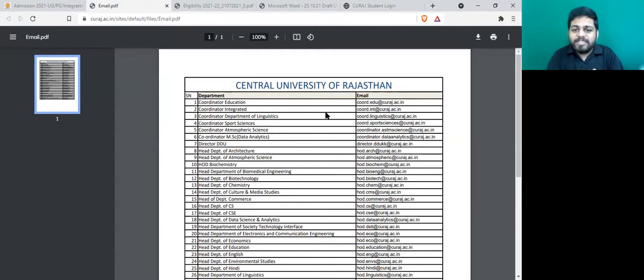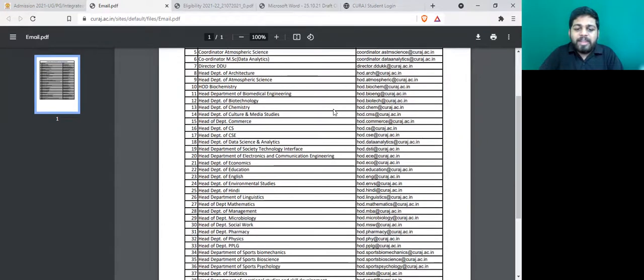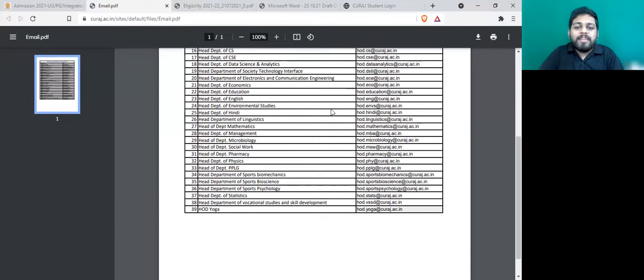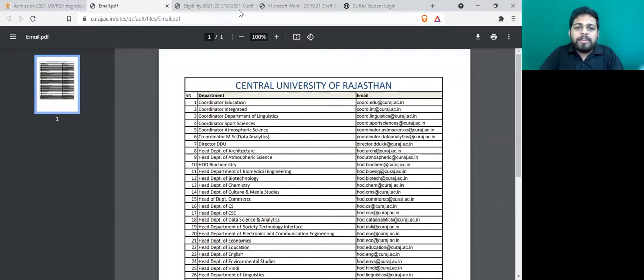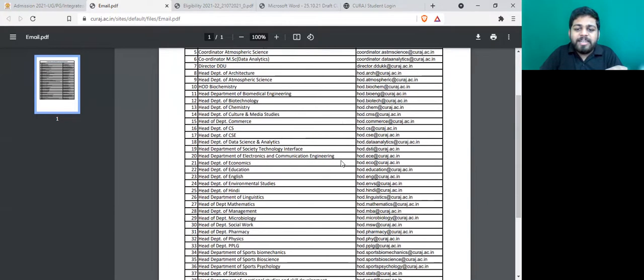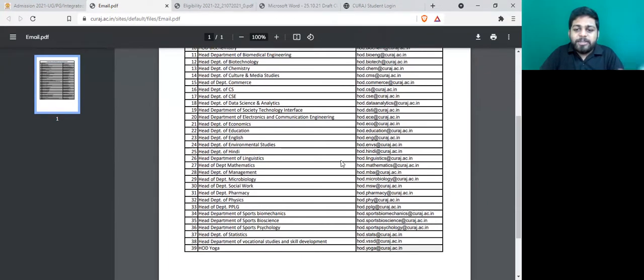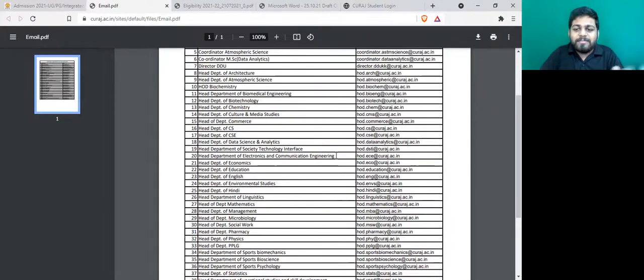And if you have any doubts regarding CUCT or CU Rajasthan, do contact us via the Google form attached in the description box. Also, you should contact CU Rajasthan via email. If you have any doubts, you could find the email IDs of the HODs in this PDF.